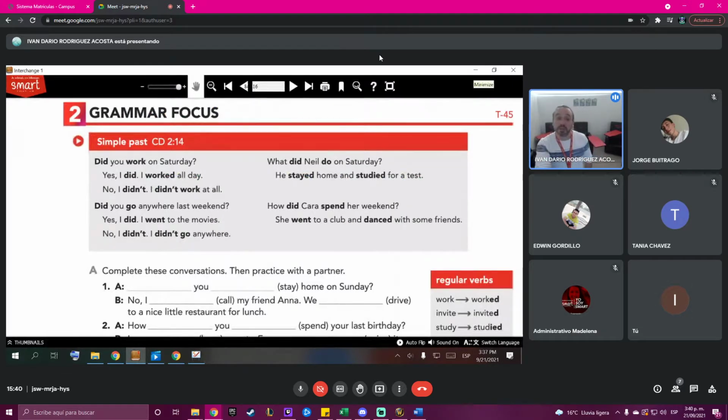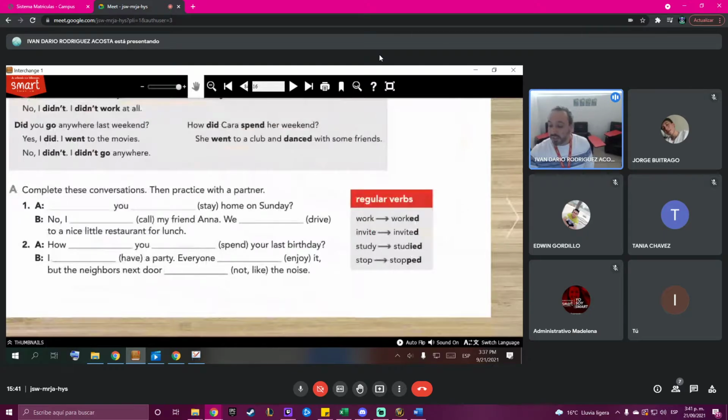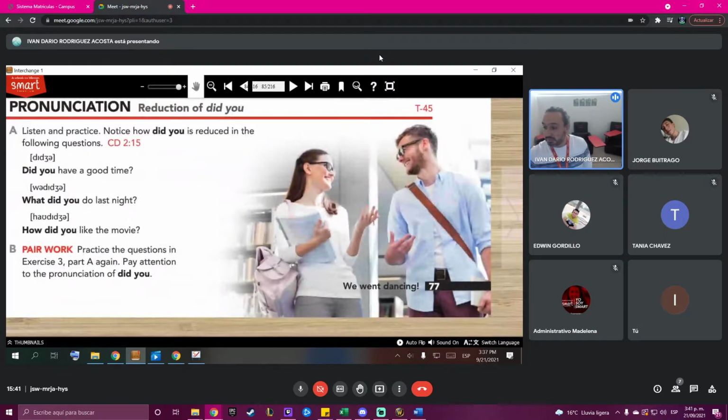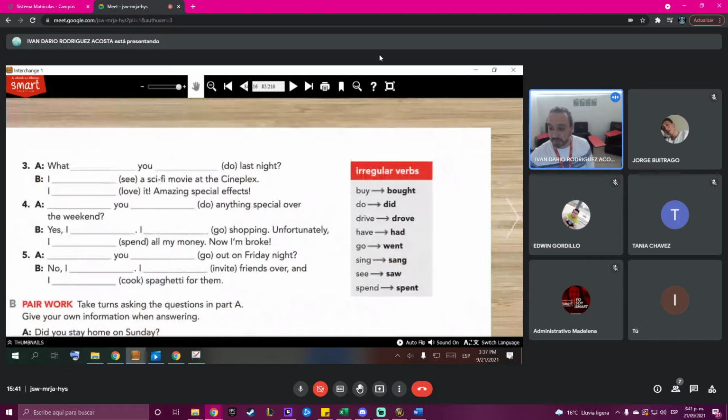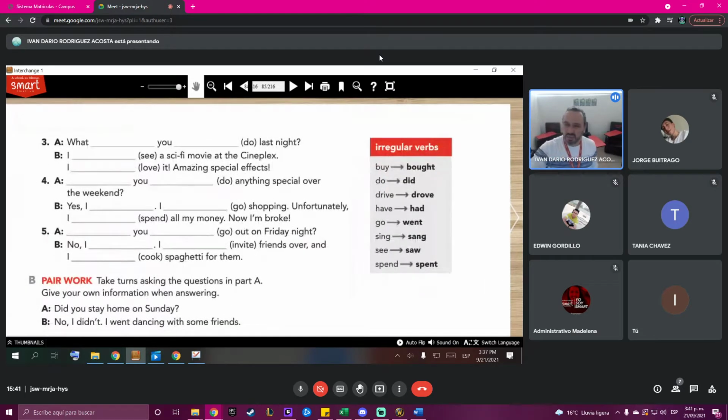Okay, so remember we have this grammar for you to analyze, to check. If you have questions during the practice time, just let me know, okay? We also have some regular verbs here, and some irregular verbs here on the next page. As I told you, a small list. You have to memorize them, okay? It's a longer list. I think that in the book you have some verbs at the end of the book, but you can also find lists on the internet if you want to look for them, okay?